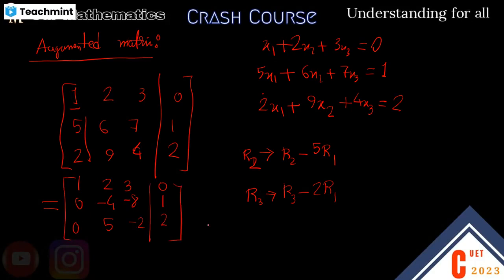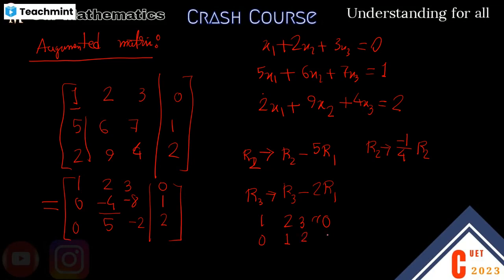After this, what will we do? We will try to make the second element of the second row 1. If it is not 1, then make it 1. To make it 1, we do R2 goes to minus 1 by 4 into R2. So then it will become 1 2 3 0, the first row remains the same. Then 0, minus 4 becomes 1, it will become 2 minus